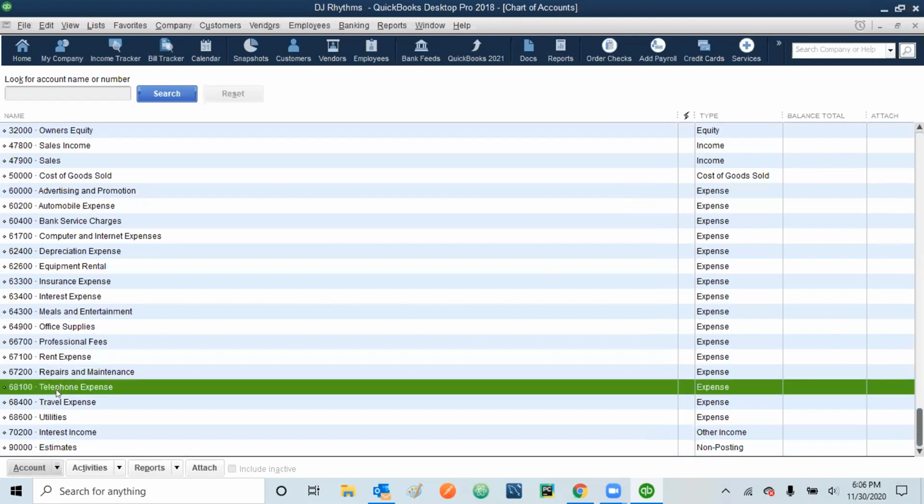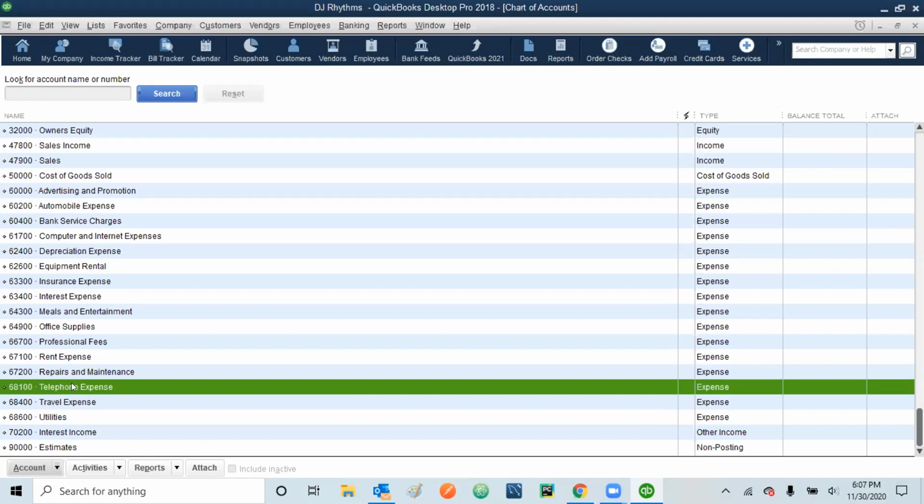So let's say this is the expense where I was paying my electric and telephone bills. But if I keep all of my utility bills separately, then I have to control them as separate items. What I can do is monitor all of my utility bills under one head, utilities, and put all of them as sub accounts of utilities. So if I want to see how much I'm spending on my utilities, I'll know the total. At the same time, if I want to see the bifurcation or separate amount of each, I can select one by one and have those numbers as well. So we are making this one a sub account of utilities.